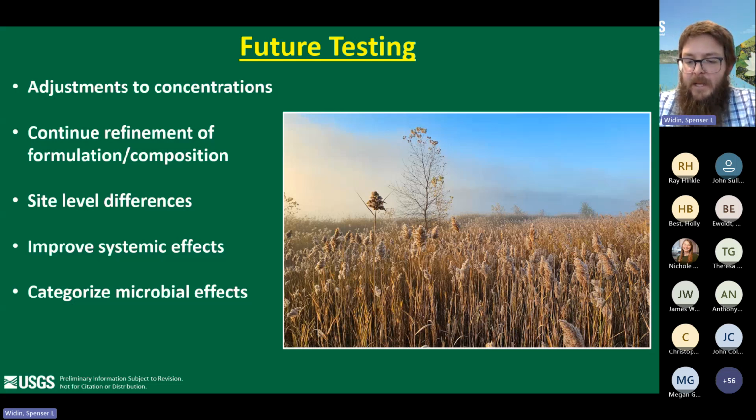That work has largely been done by Dr. James White, as well as some of Dr. Keith Clay's lab group at Tulane. And so we're starting to sift through that data and see what kind of changes are happening and functionally what that means, and how we can really work on dialing the right levers to hone in those microbial effects,